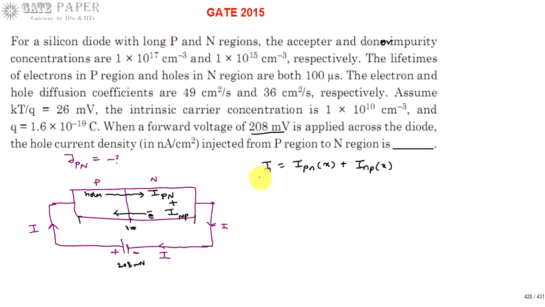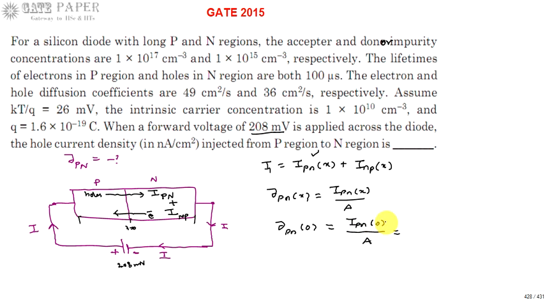So now we are interested in calculating the hole current density. The hole current density is related to the hole current component. We know that current density is current per unit area. If this is the hole current, then the current density is J_PN of X equal to I_PN of X divided by A. Generally we calculate at the junction. So J_PN of 0 is what we require, J_PN of 0 equal to I_PN of 0 divided by A,